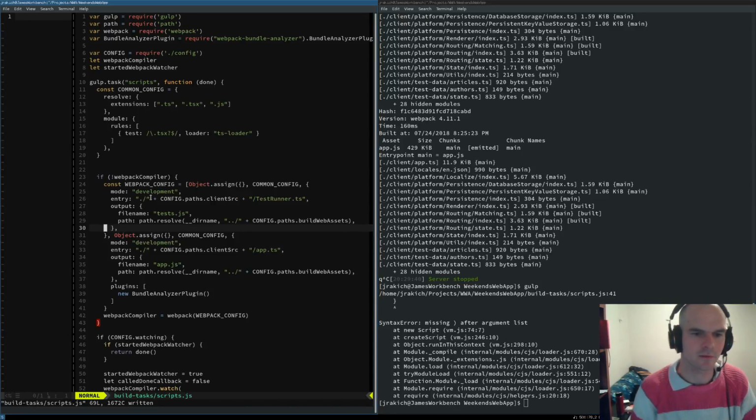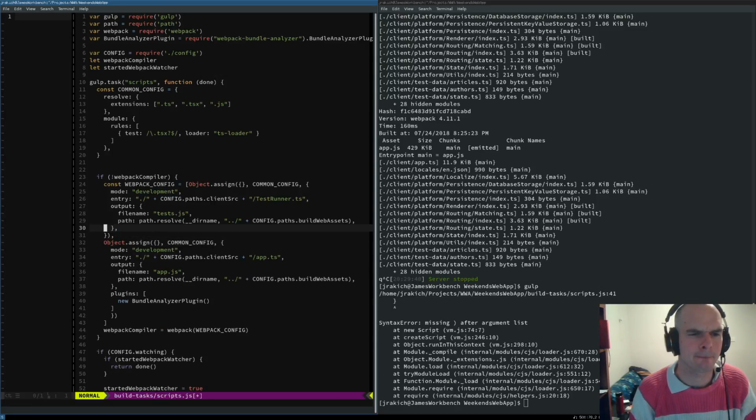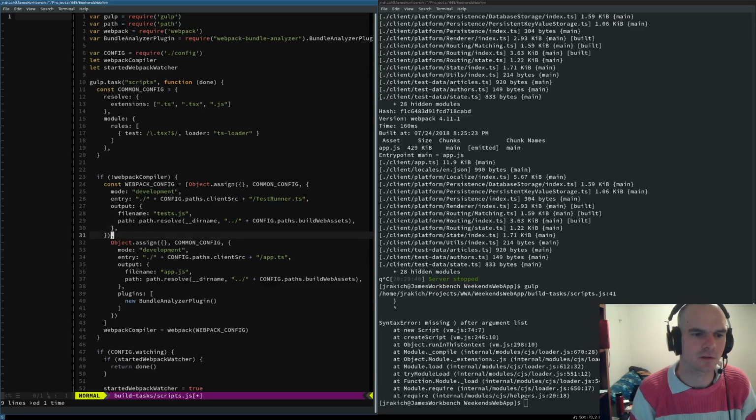I did something wrong. What is that something? Ah, yes, I didn't close off object assign here. And I didn't close off the list. And I didn't close off this one either. Let's fix up this indentation so it's a little nicer.